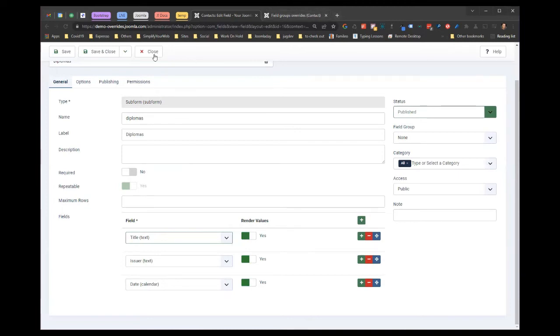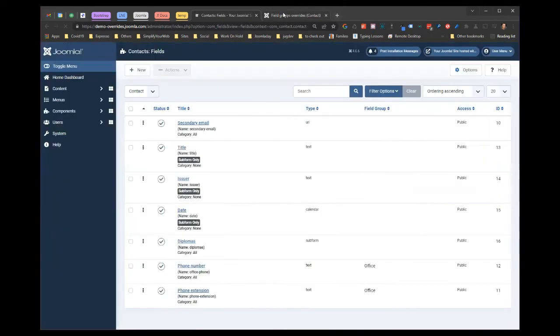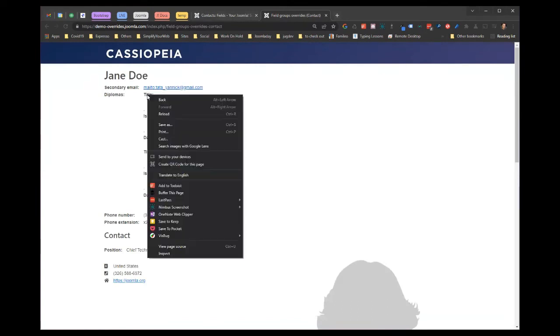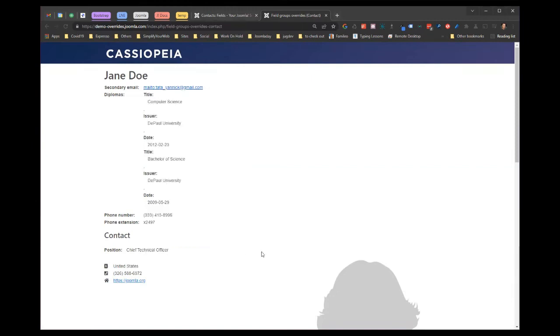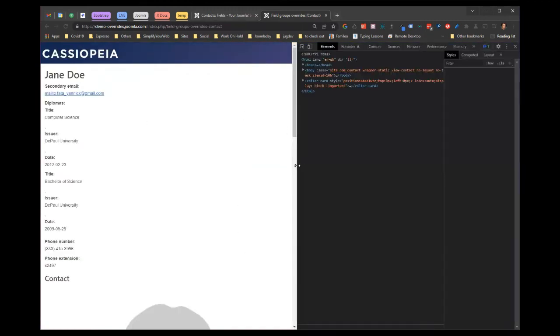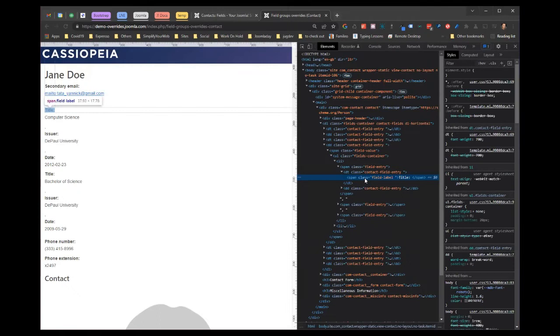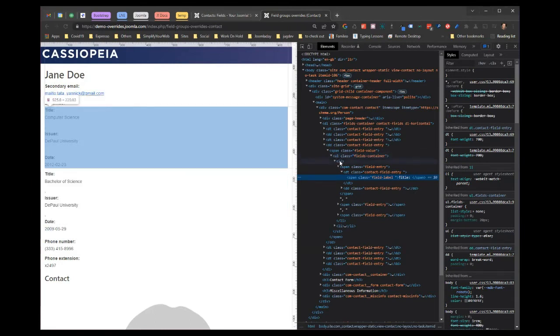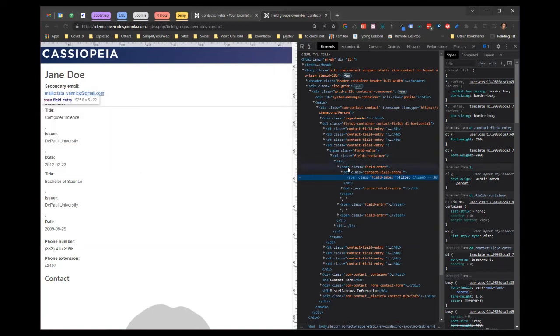And you see, when I go to the front end, I have something a little weird. It doesn't present very well. And then if I go and I inspect the code behind it, I have something that's not good. For each diploma, I have an LI. Inside that LI, I have a field entry, and then I get DT, DD,